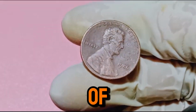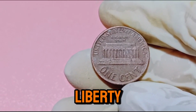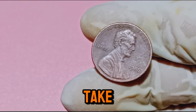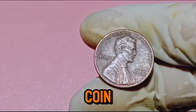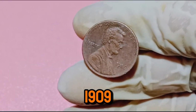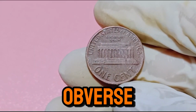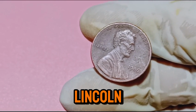Transition to a close-up of the coin, highlighting key features: the Lincoln bust, Liberty, and the year 1986. Let's take a closer look at the design of the 1986 1-cent Liberty coin. This penny, officially known as the Lincoln cent, is part of the series that began in 1909, commemorating the centennial of Abraham Lincoln's birth. On the obverse, front side, we have the iconic bust of President Abraham Lincoln, designed by